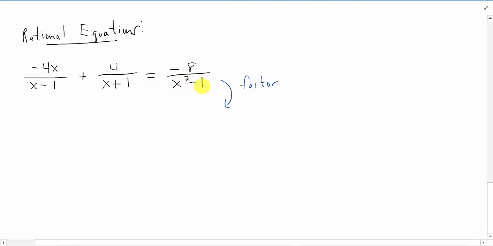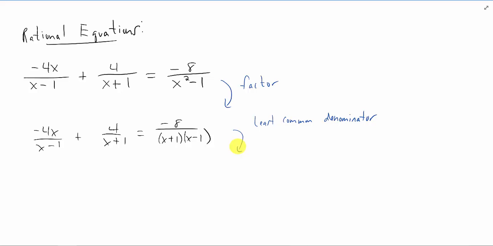That's a difference of squares. And the difference of squares in this case factors into x plus 1 and x minus 1. Now we have the question of what the lowest common denominator is between all these terms in this rational equation. That denominator needs to include every factor that you see in denominators, but it shouldn't have any unnecessarily repeated terms. So it's probably not too hard to find that the least common denominator in this problem is x plus 1